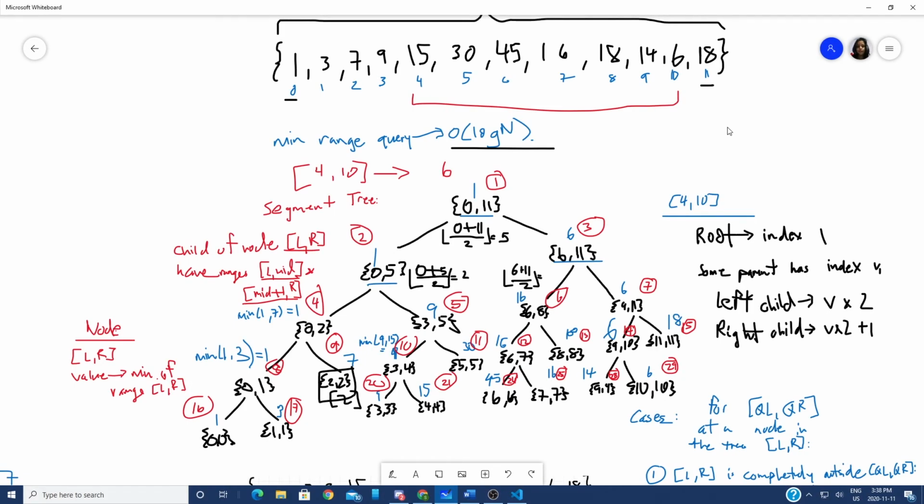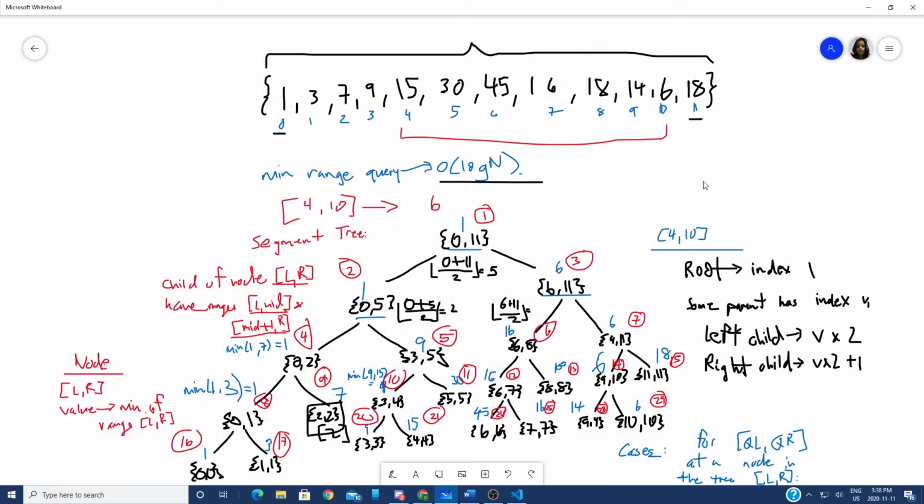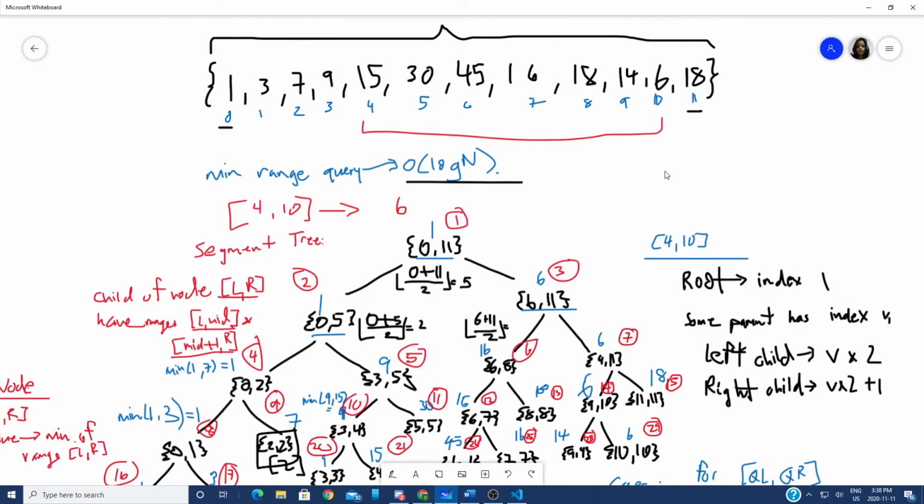Alright, so we're going to have another look at the segment tree because I know it's been a stressful week, so let's have a recap of what we did. Our goal is to find the minimum range query from a left and right. In this case, what we're eventually going to do is go from index 4 to index